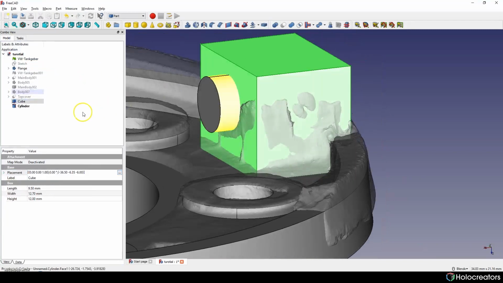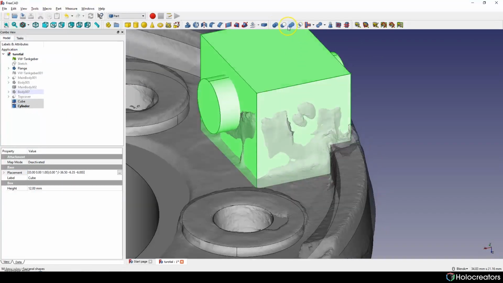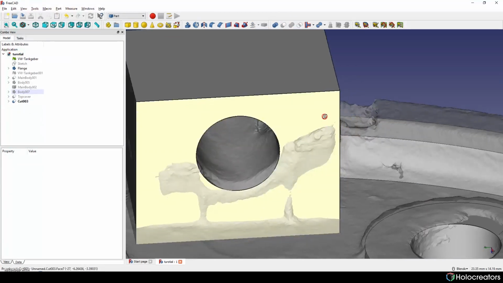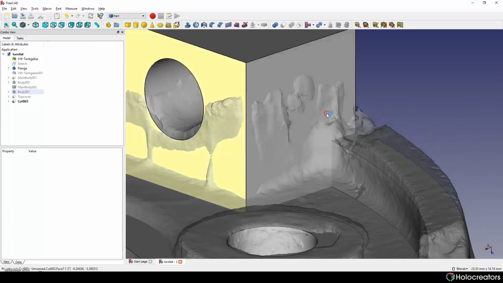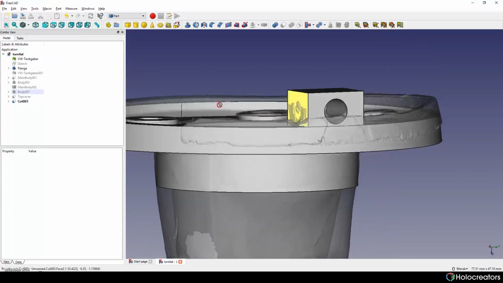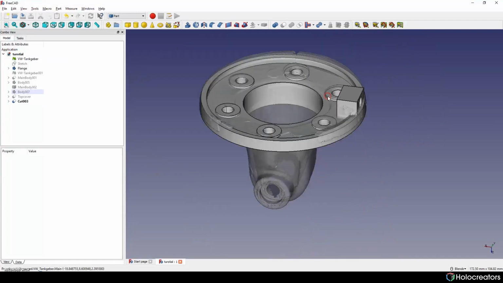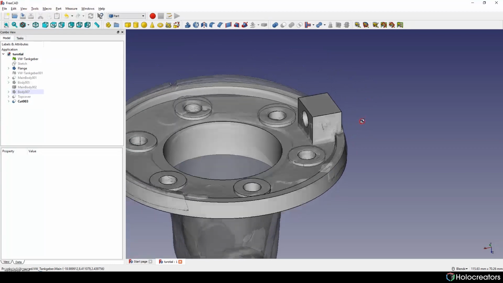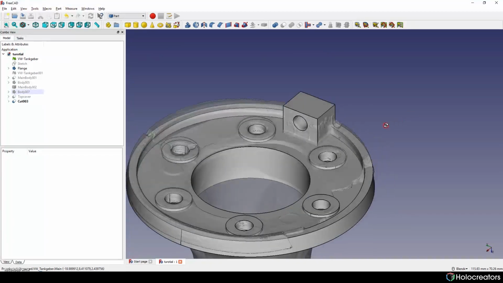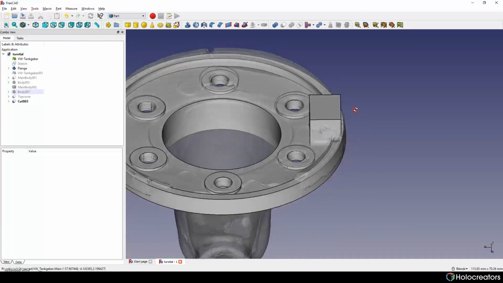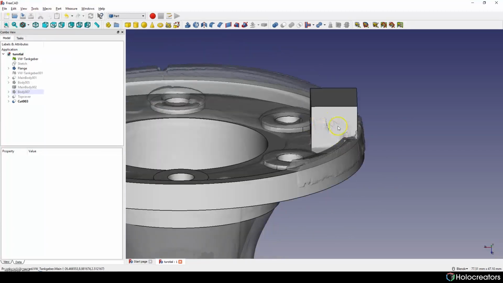Now we can subtract our cylinder from this cube, and we have this shape here. Next, we will create this hole here.